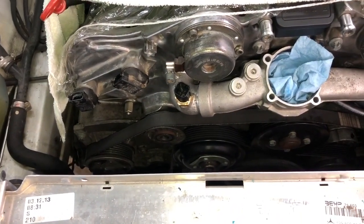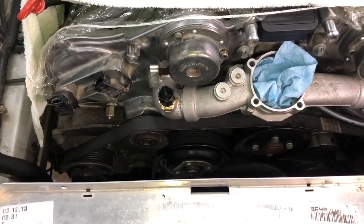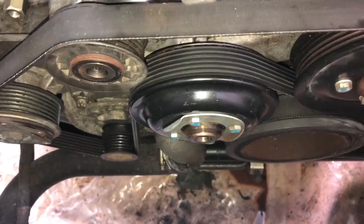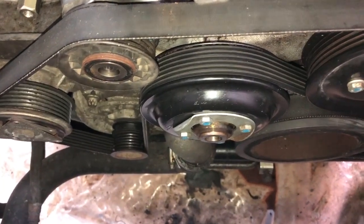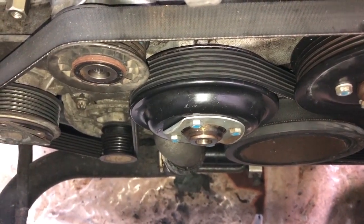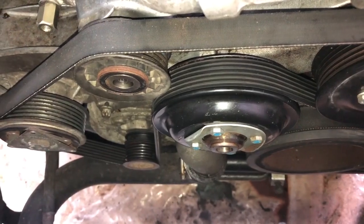With the fan off, I wanted to show you where you are placing the 65mm wrench because it's not quite as easy to see with the fan on. So as you can see, that pulley in the middle is the fan pulley, and you can see there's the metal flange on there. So your wrench is going to go on either side of that flange. If your flange is not oriented so that you can actually get your wrench on, like so, then you will likely need to